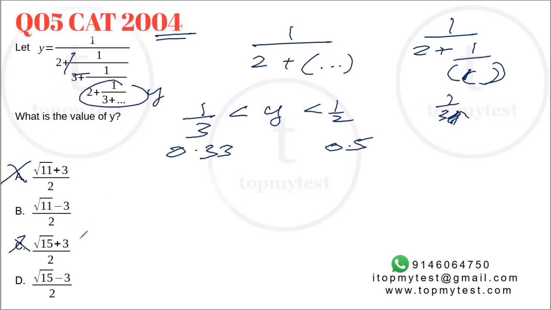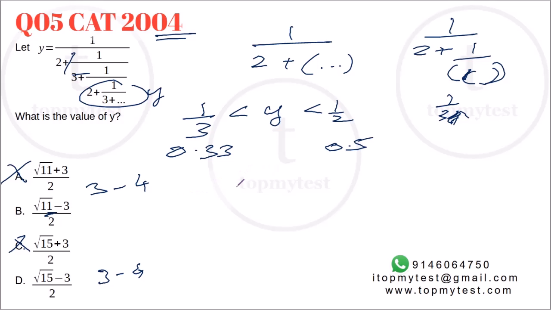Now we'll have to approximate the values here. The problem versus the previous question that we did, which was on approximating the value of root 6, is that here root 11 lies between 3 and 4. Root 15 also lies between 3 and 4. So we'll need a better approximation of root 11 and root 15, one of these two. The good part is if one of them is right, the other one will obviously be wrong because there are only two options left. So let's approximate root 11.